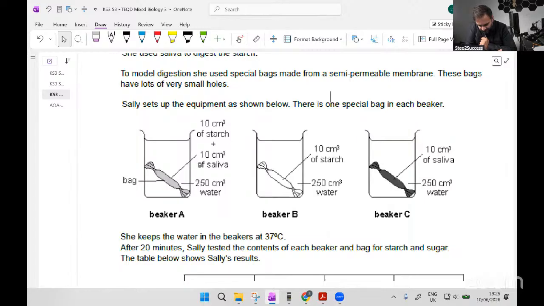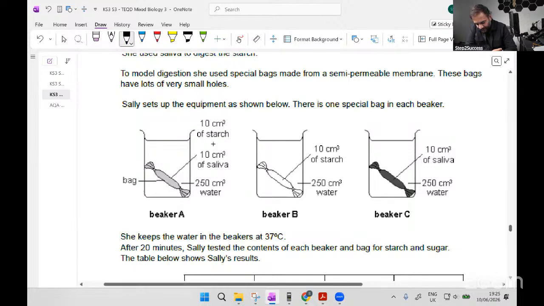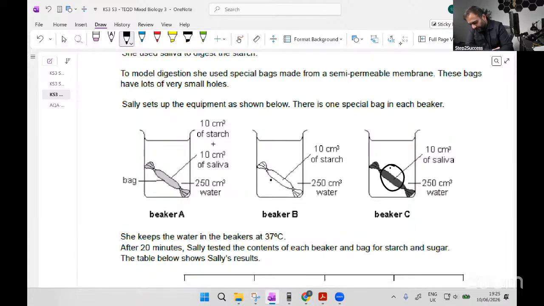Which has a bag which has got some saliva and some starch in it, and the water around the outside. But all of them have got water. This has starch only, and this has saliva only. Okay,